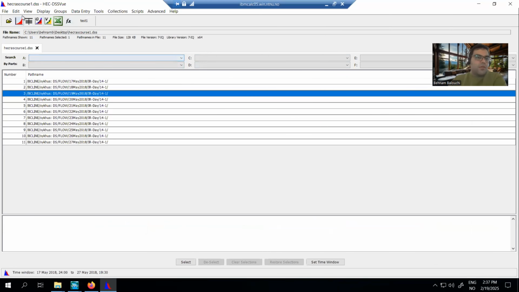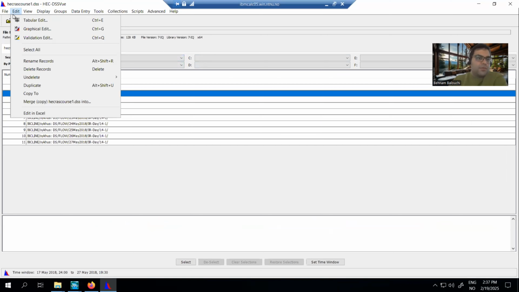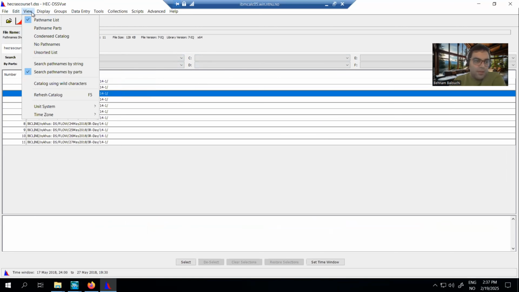So you can also use other options here, for example, graphical edit, validation edit, duplicate, delete, and other things here. And you have some view options that I think it's easy and everyone can discover these options. My goal is just to explain this, that you have enough knowledge or you are familiar now with how to work with